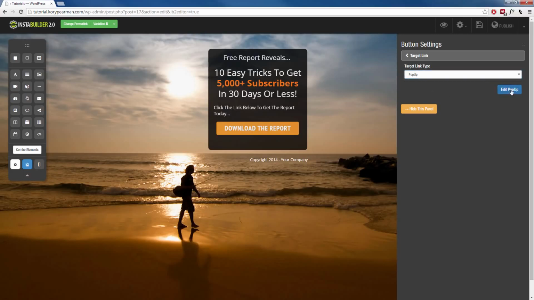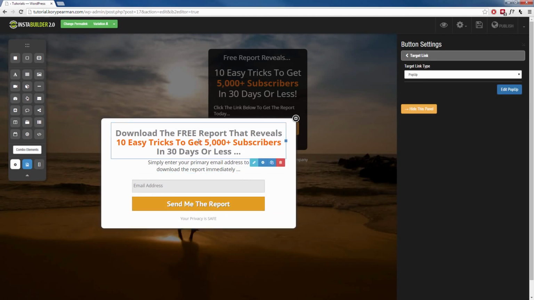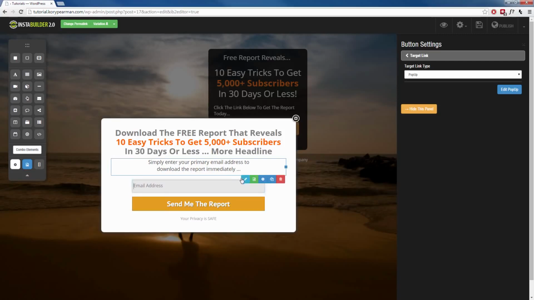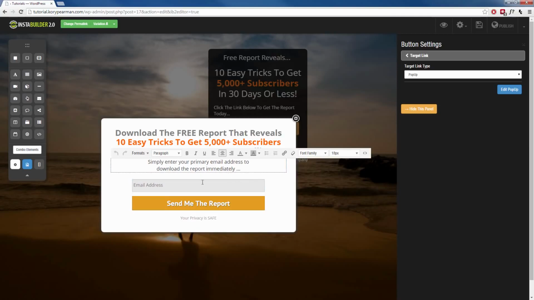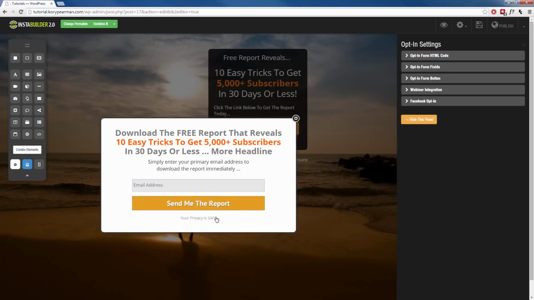So we want to click on Edit Pop-up so we can see what that form looks like, and this is what's going to appear when someone clicks on that button. Now, obviously, using a template, all of this information is going to be pre-configured for you, but we can click in here, we can click on the pencil symbol here, we can edit these headlines however we would like just by typing inside of them. Again, we can click inside of the subtext here and click on this pencil symbol and edit this text as well. We can edit the opt-in form by clicking on the gear symbol as well,